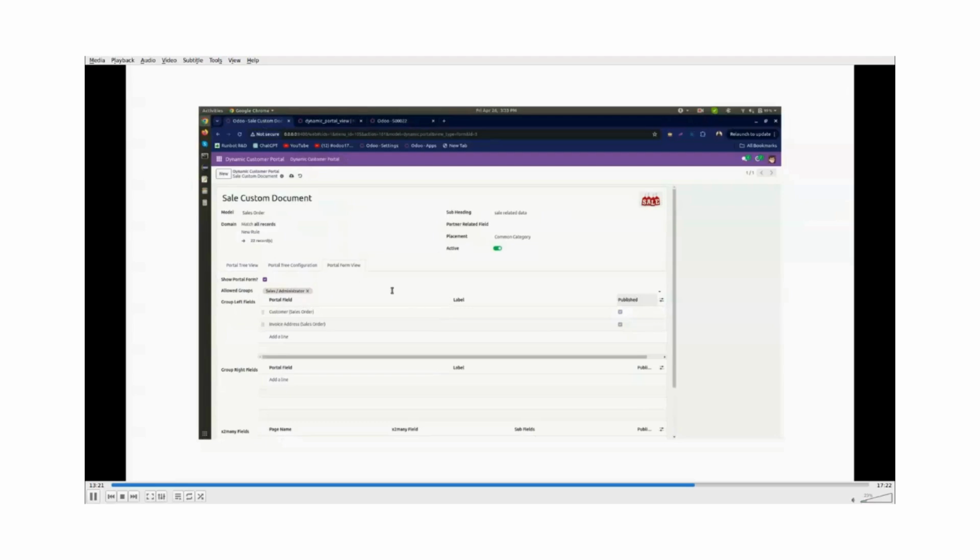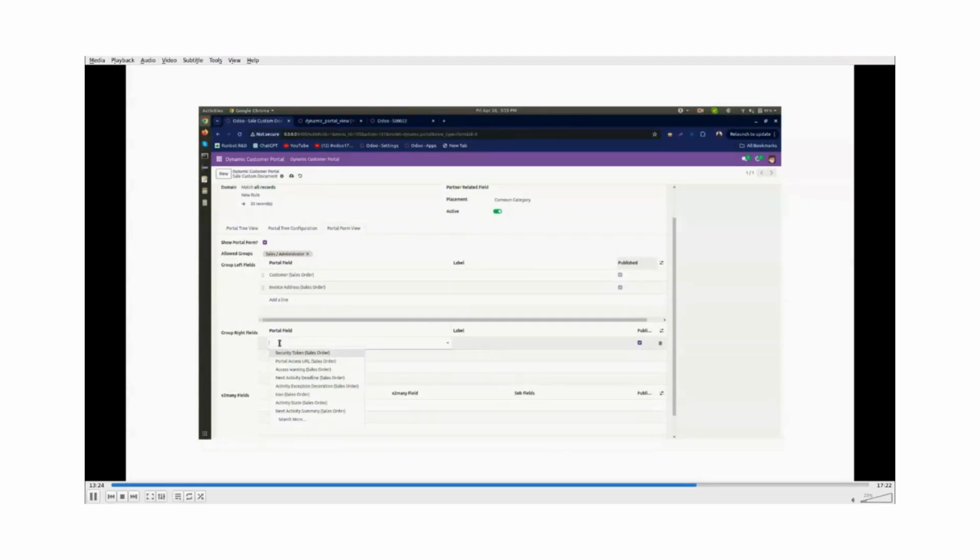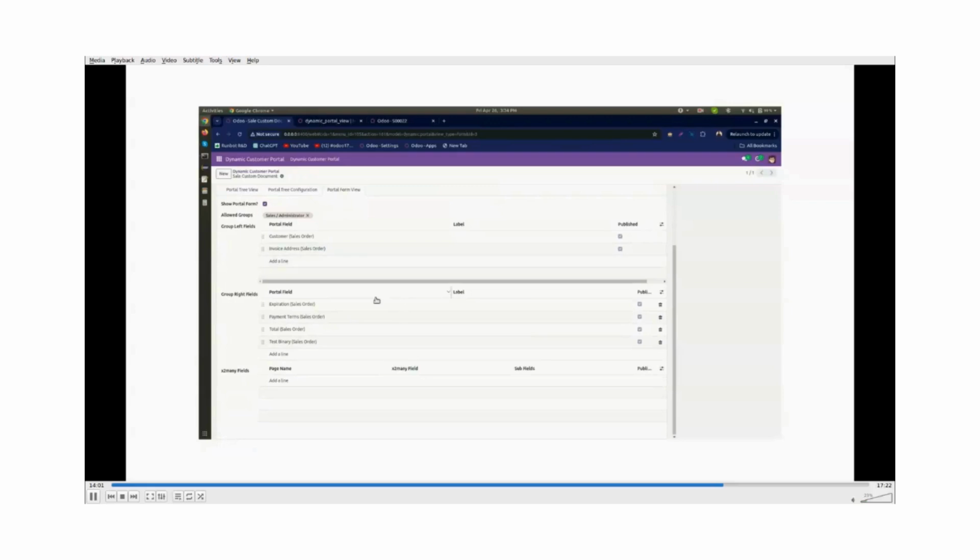Now let's add the fields which you want on the right side of the form, like expiration date, payment terms, total, test binary. Click on the save button.